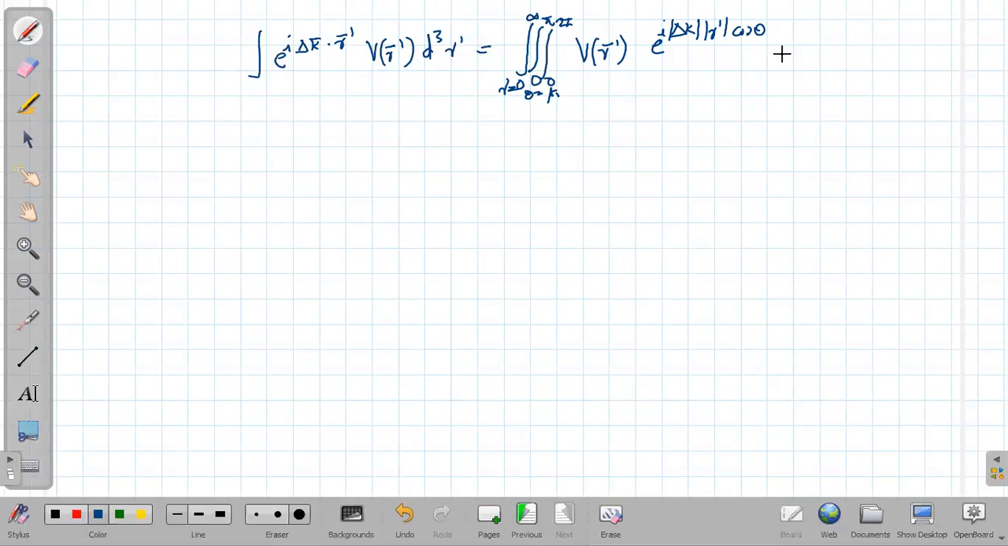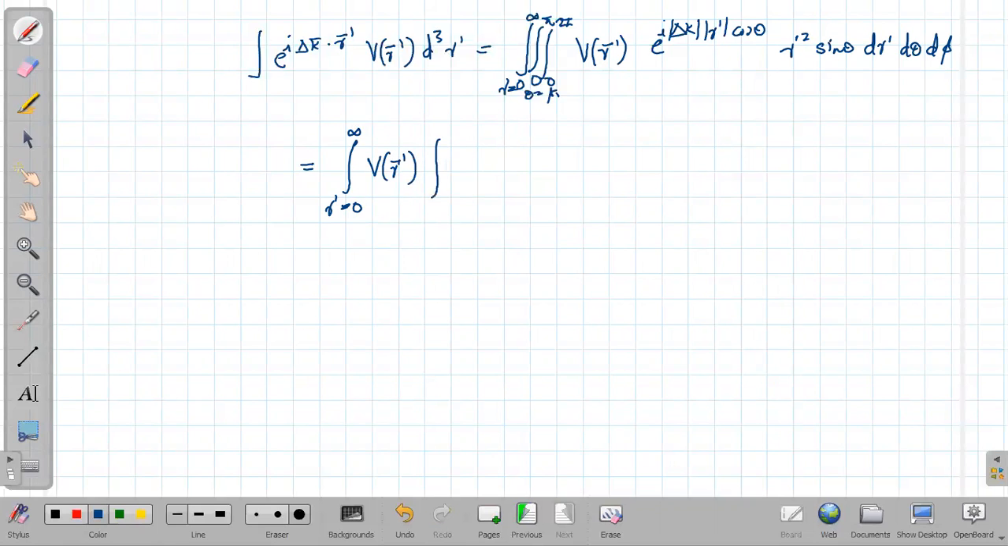Then the integration variable would be r prime square sin theta dr prime d theta d phi. Okay, so therefore this integration, so integration from r prime from 0 to infinity, can write v of r prime first,